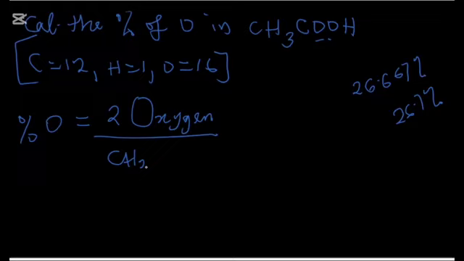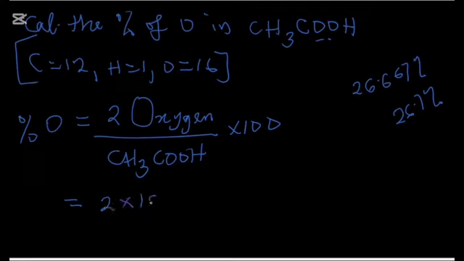So that will give us, the atomic mass of oxygen is 16. So we multiply by 16 over the whole of ethanoic acid, which is CH3COOH. Let's calculate that. That will give us 12 for carbon plus